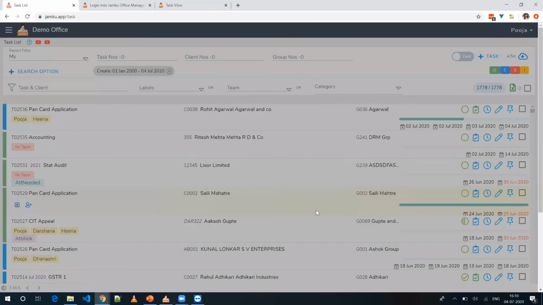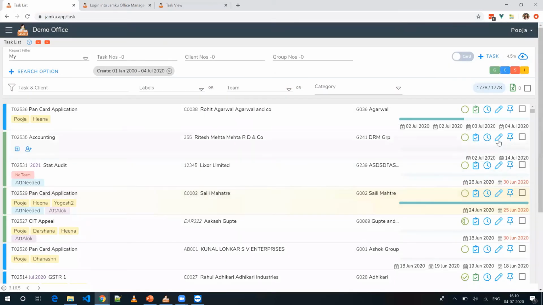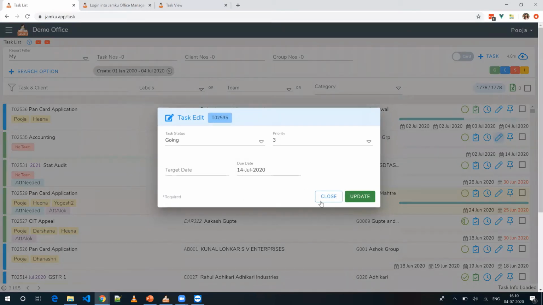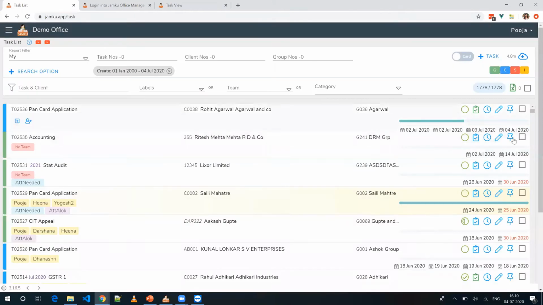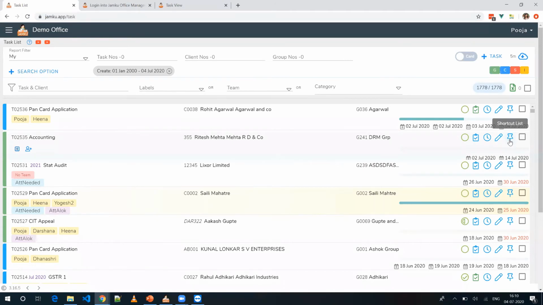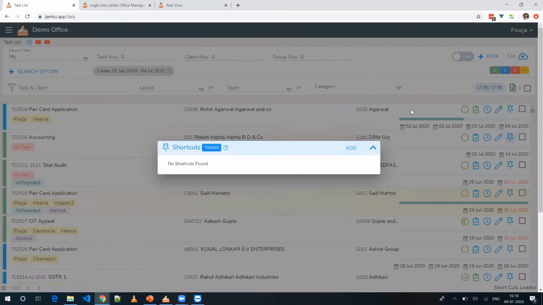Anything you wish to edit about the task, suppose the task is completed, or suppose the due date has been changed and I want to edit it, this pencil icon is there, which will allow you to edit the work. This last option over here is for document linking. Again, as we discussed at the client level, wherever you have the documents, in the server or elsewhere, you can just copy the path and paste it. That can be done at the client level as well as at the task level. So this is the option for that.